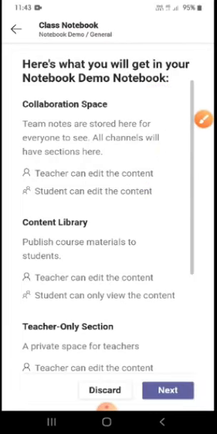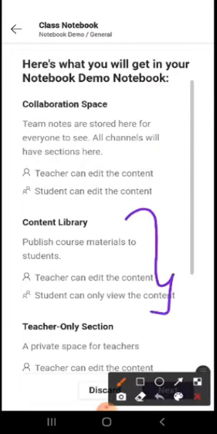And then we have the Content Library. The Content Library is a space where the teacher has all the rights, read and write access, and students can only see the content. We can use it for our class notes, the PDF files, the Word files, and the notes that we write, take a picture of, and upload here. Students can download those instructions or files to their mobile devices, but they do not have any right to make any kind of changes in the files which the teacher uploads in that particular Content Library.